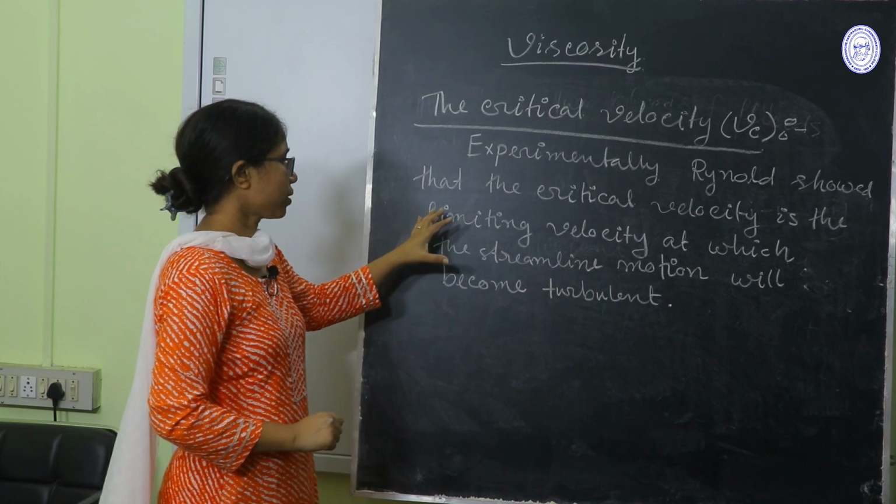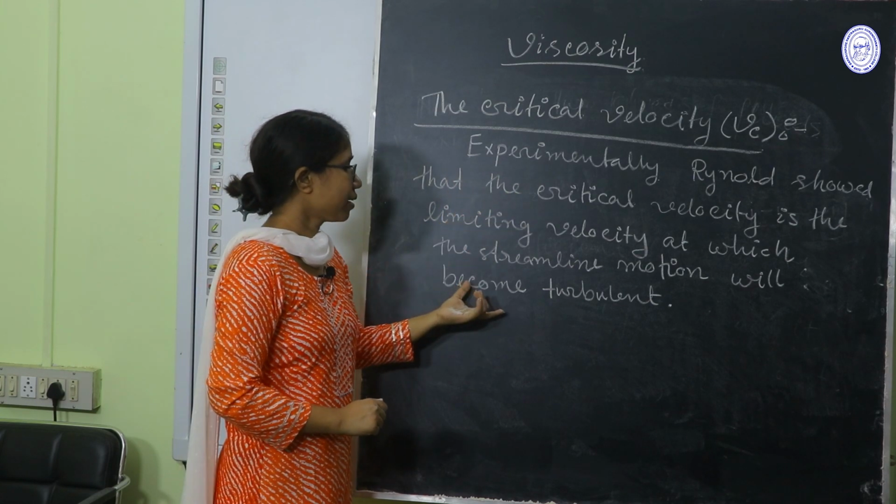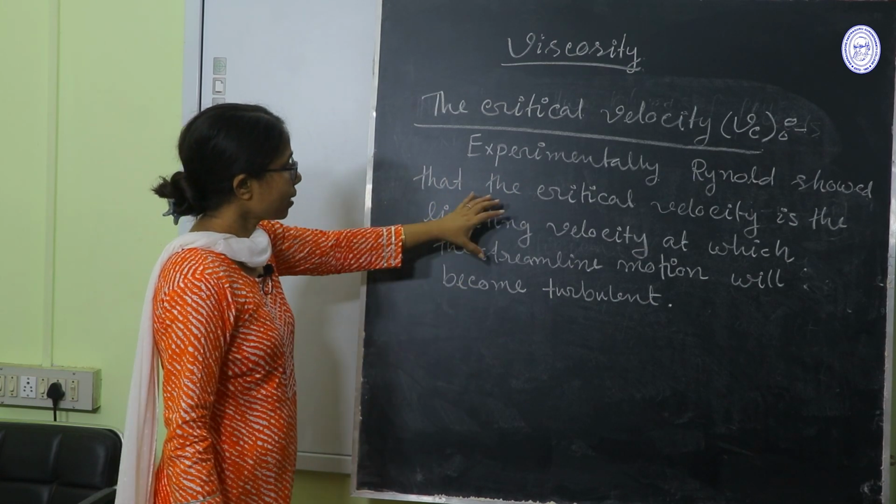So, this is the limiting velocity between streamline motion and turbulent motion, and it depends on